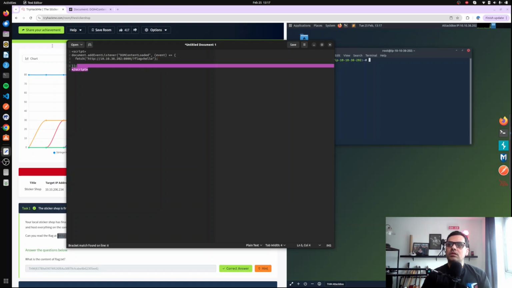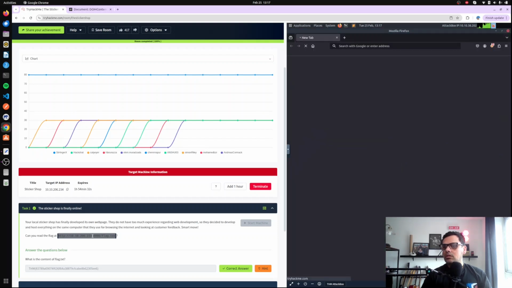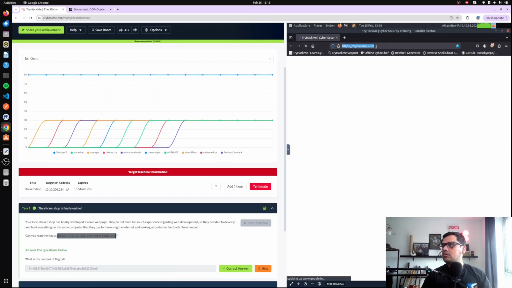Nothing special there. So if I run this and I need to do a netcat, listen in verbose mode, no DNS, and port will be 8000. Okay, so that's listening. If I go back to Chrome and go to the website,